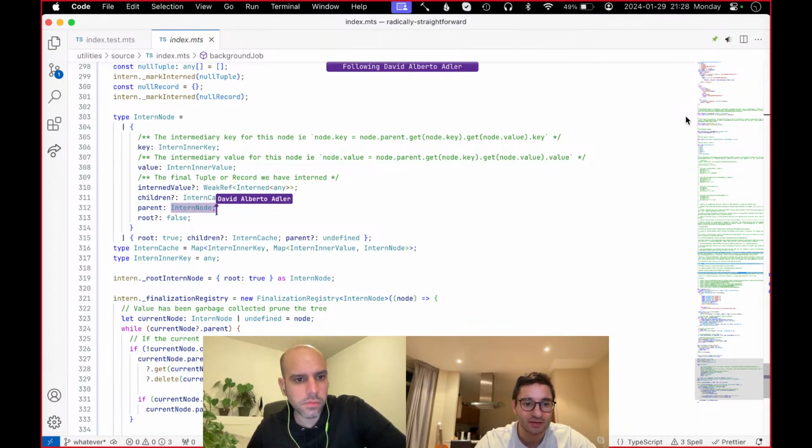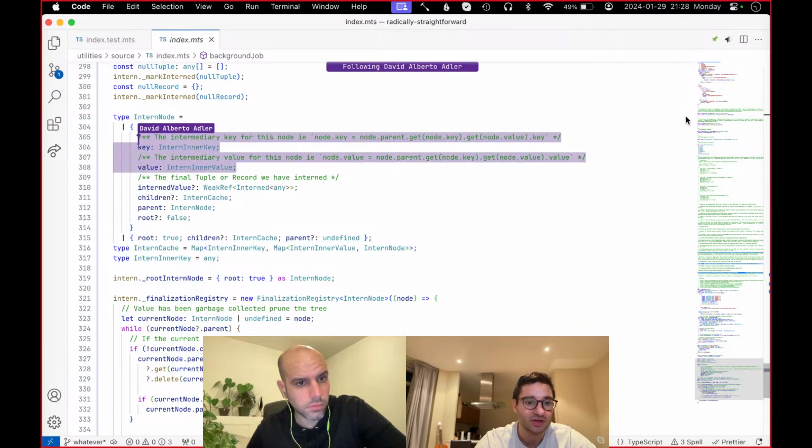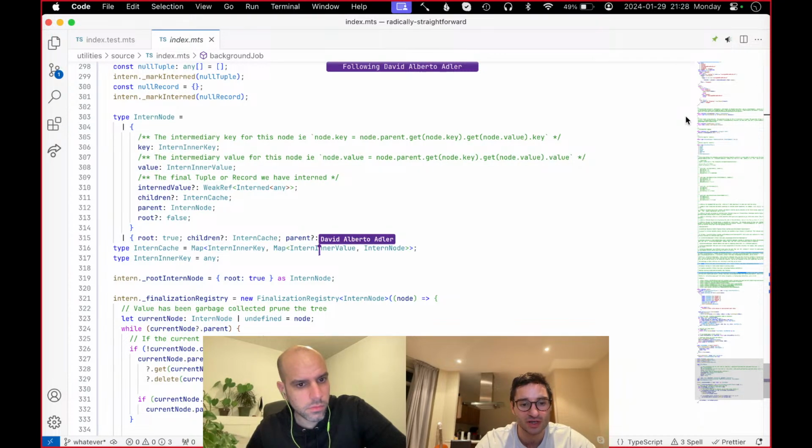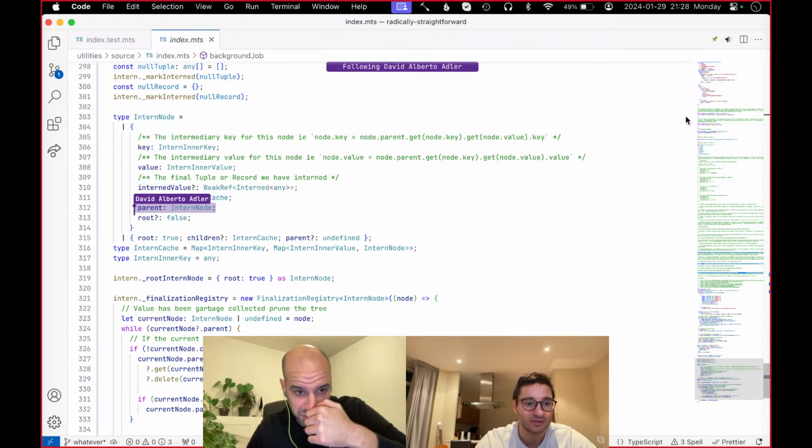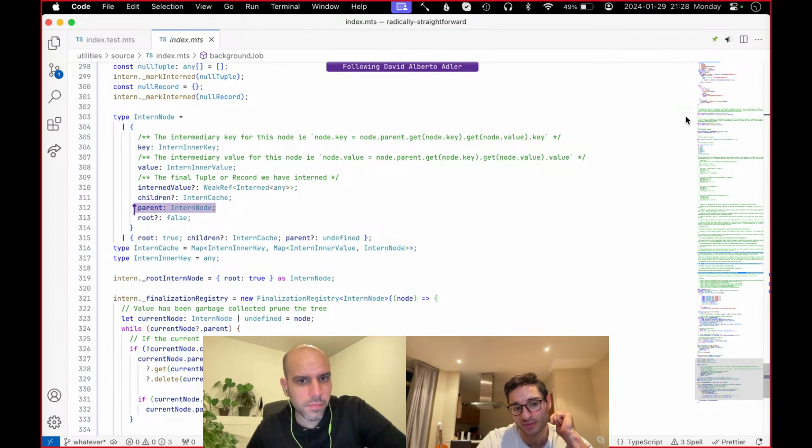And then there is a reference to the parent, and then there's just a flag if it's the root, and there is the original inner key and value, so what it refers to. So it's this inner key and this inner value. They are also stored on the intern node. Now, these two and the parent, they are just details of the implementation, which allow us to purge data efficiently,